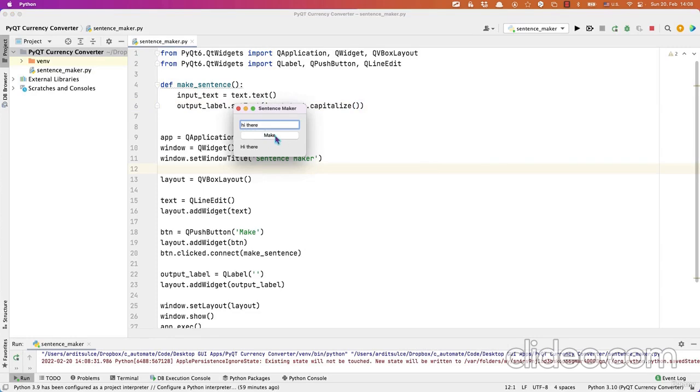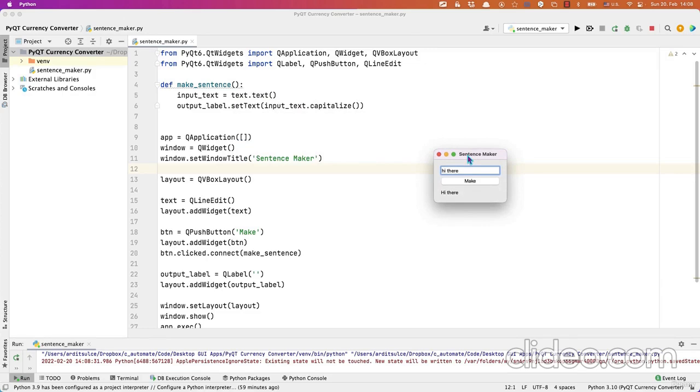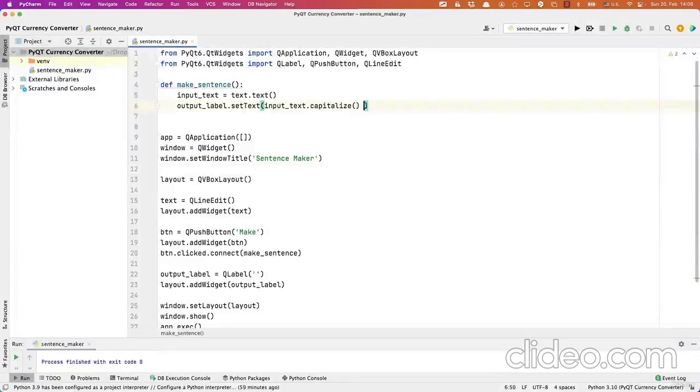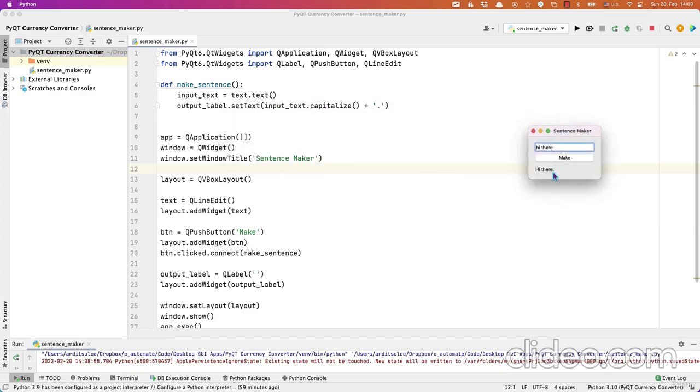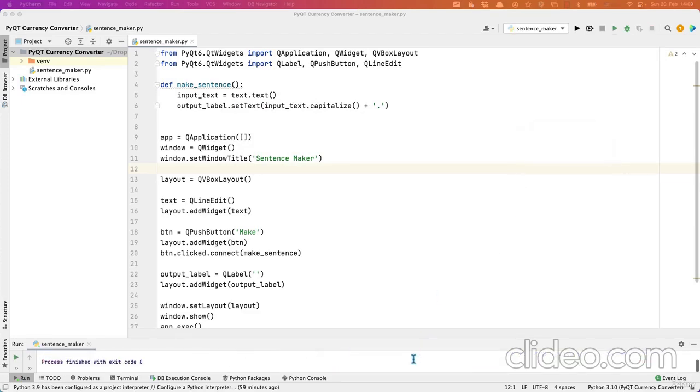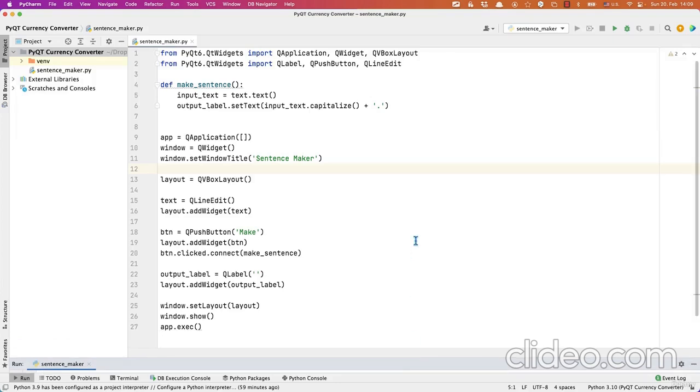Hi there, Mike. You see H now is capitalized, so it's working. And of course, if you want to add a dot, you can just say plus dot, run it. Hi there, Mike, and you have that dot at the end of the sentence. So that's our tiny app which works, and I wanted to keep this simple so you understand how PyQt application